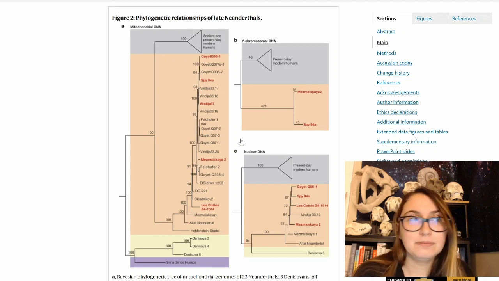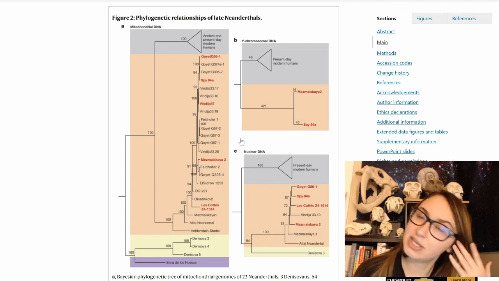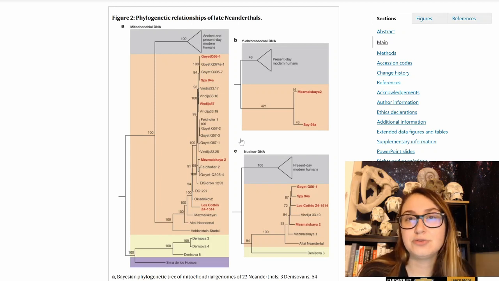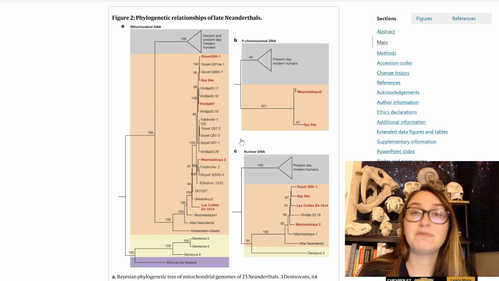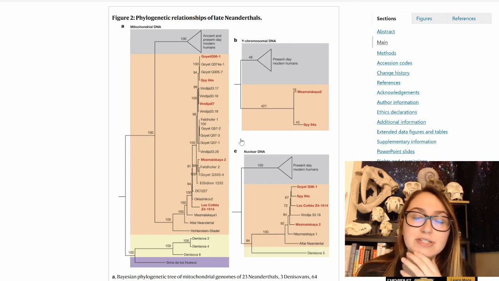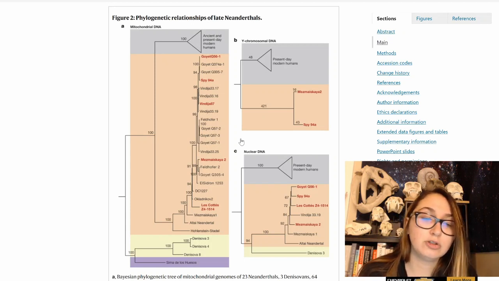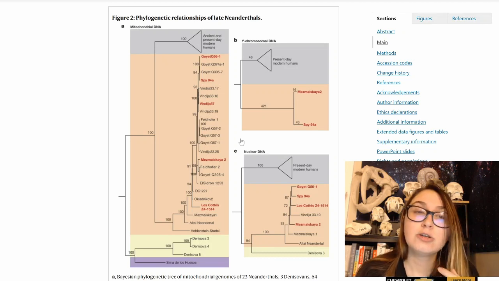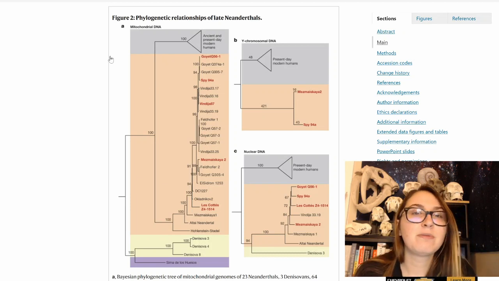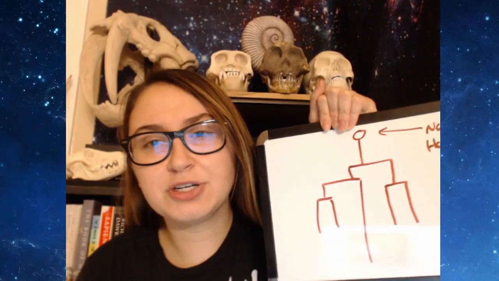Now, is that a lot? Not really. It's not a lot if you're trying to make the argument that we were this one single massive population continually interbreeding with one another. What it suggests to a lot of people is that there was something of a selection against many of the Neanderthal genes, because perhaps later back in time, or deeper into time, there were more Neanderthal genomes. There were definitely more Neanderthal genes in archaic human populations. So, that's kind of our takeaway from this genetics section. And I'm gonna bop back on over to our big mode. With the genetics, their only option is to go with this.